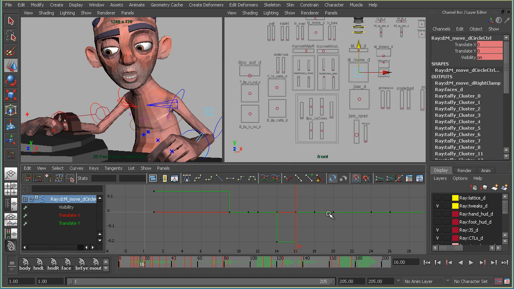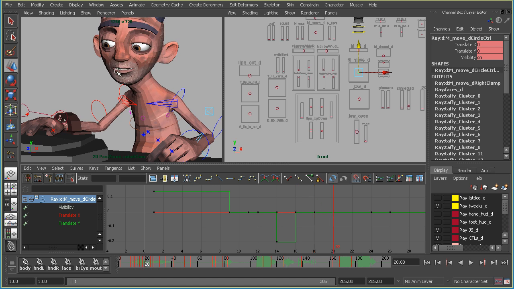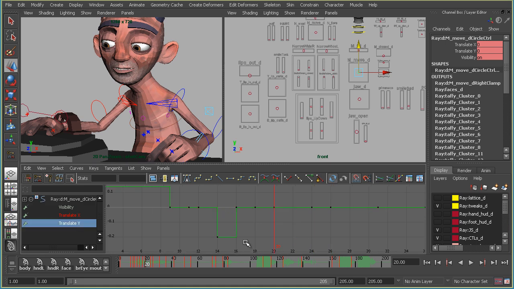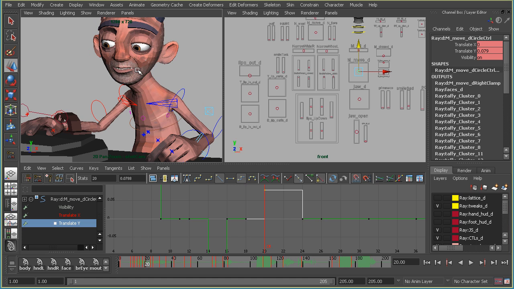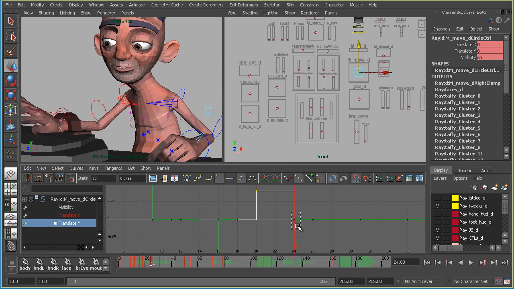And here, when he's saying "to," the height of the mouth kind of stopped it. It's moving up, and then it gets to this height and stops moving up. So I want it to keep moving up a little bit. I'll just grab the Y value and move it up a bit. Now you can see it's moving up a little, and I guess here I'll move it up a little